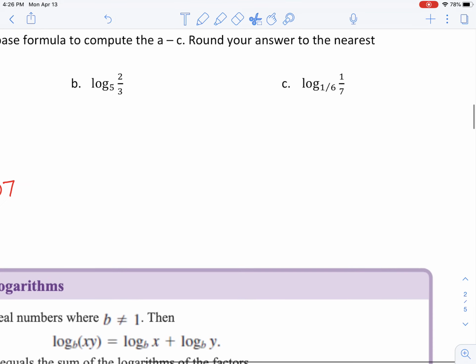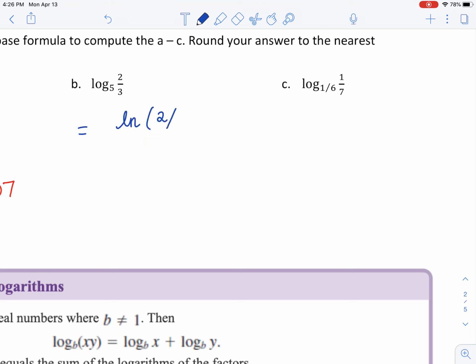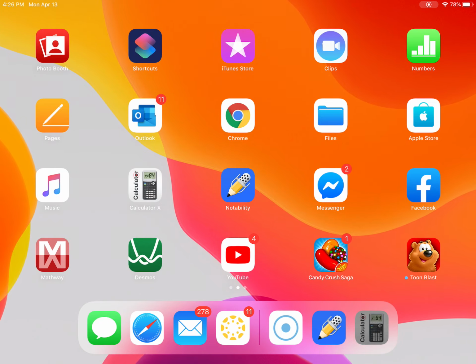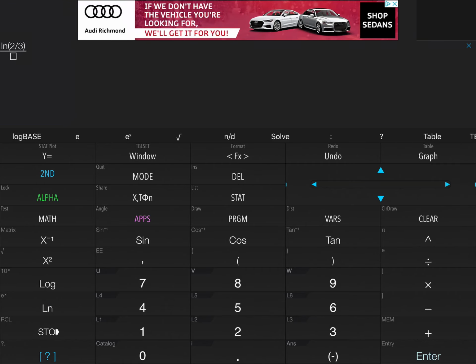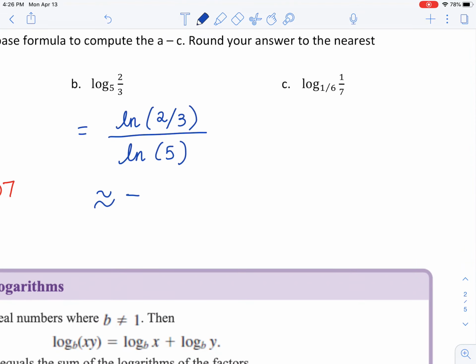B. Well, this time we have log base 5 of 2/3. I'm going to do natural log of 2/3, and I will divide that by natural log of 5. All right, let's see what that is. Going to my calculator. Natural log of 2/3 divided by natural log of 5. All right, the answer is negative 0.25, and I'm going to round that up to negative